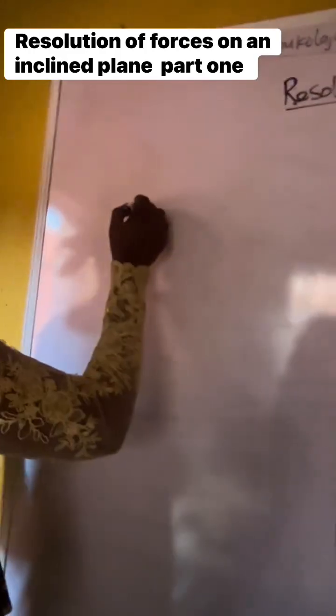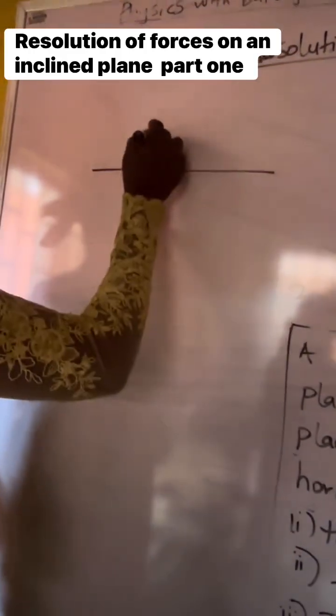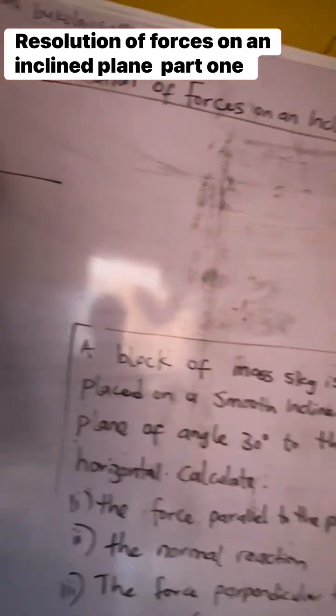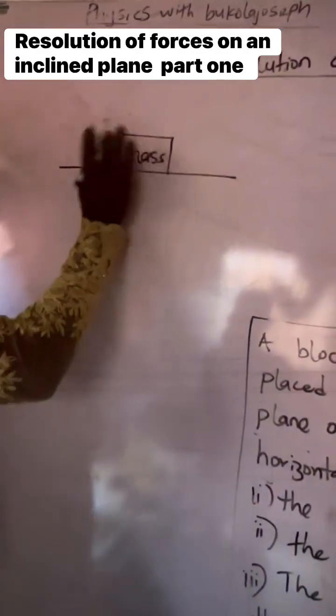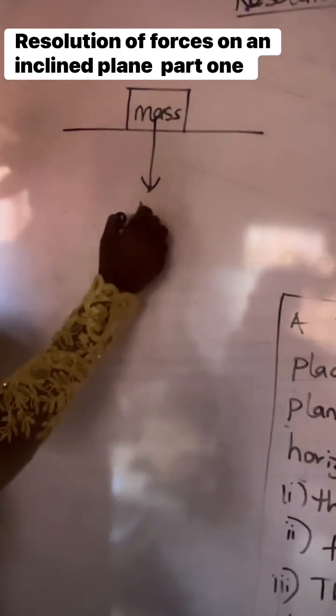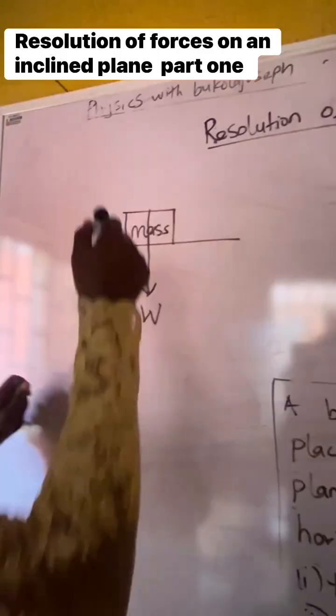So, you're already familiar with this before now. On a flat surface, a body, I will start with this before we go into inclined. Now this is a body, an object of mass M, right? Now the weight of this body will act downward. We call it W. Acting upward, we have